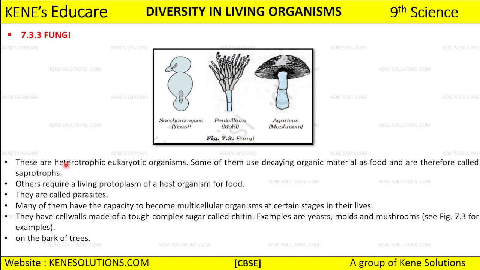Heterotrophic means they are always dependent on some plants or animals or decaying matter for their food, and eukaryotic means they have a well developed nucleus, right? They do not have cell wall. So the organisms included under this kingdom fungi are going to be heterotrophic eukaryotic organisms. Okay, so some of the fungi are going to use decaying organic material as a